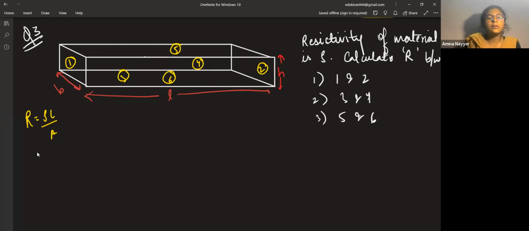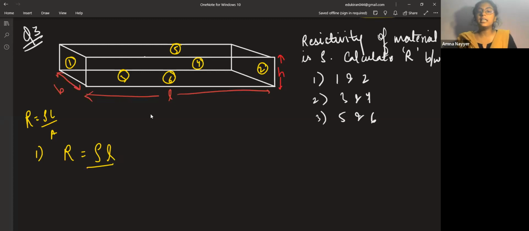Now see, when we are talking about the first one, R is equal to rho L by A. When it is 1 and 2, what's the separation between 1 and 2? Look, this is the cuboid we have. This is 1, this is 2. They are separated by the length. So R is equal to rho L, divided by